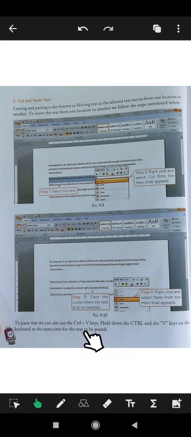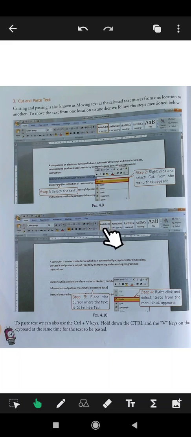See, there are some shortcuts given to paste text. You can also use the Ctrl+V key. Hold down Ctrl and the V key on the keyboard at the same time for the text to get pasted. So here is a keyboard shortcut given. You can select the text, then press Ctrl+C for copying.